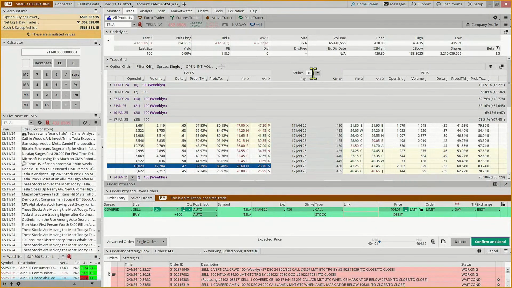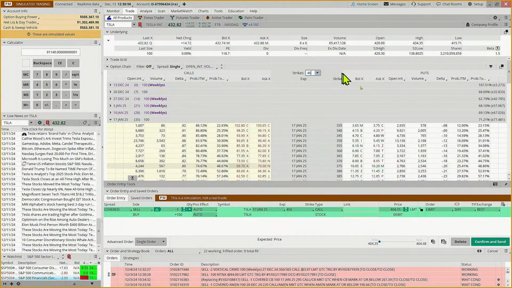And this is where I had to go to more strikes. So if we come out here to 40 and we say, okay, if I add the 360, that's only $6.90. But you've got a delta of 14, so you've only got a 19% chance of that being in the money, only a 37% chance of it kissing it. So you might say, why don't you go up higher if you're okay with owning more shares?